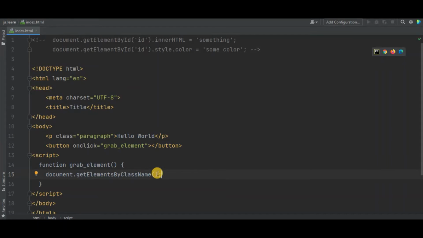That means I can say the 0th index, and then .innerHTML to be, actually let's just console.log this. I will display this in the console, and let's see if my code is working or not.